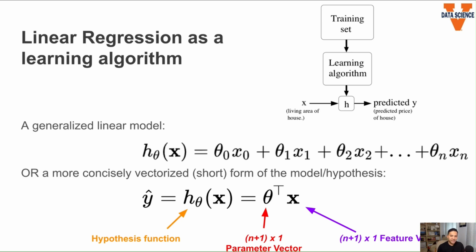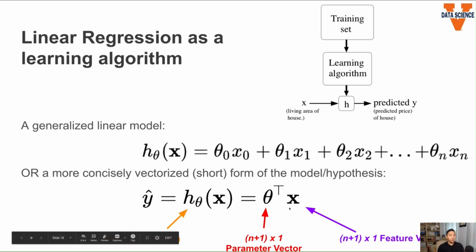And you may ask, why is it n plus 1? So the reason for that is we have this theta 0, x0. And the value of x0 is always equal to 1. So your features start at x1, like you see on the previous slide. But we have x0 here to make the math framework more compact. You can think of it as a single value of theta 0, because x0 is always equal to 1. But it makes our math a lot more compact, because we can rewrite it as